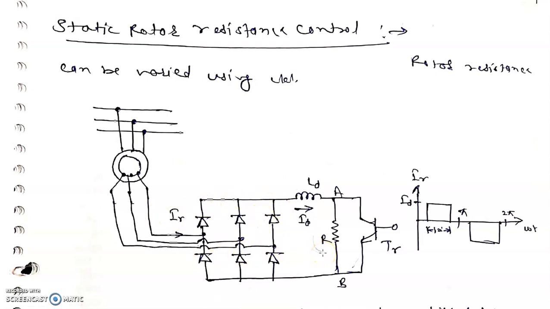This is a rectifier which converts the AC supply into DC supply, and this DC supply is applied across a resistance R, and there is a transistor TR. When TR is switched on, the effective resistance between A and B will be 0 because the current passes through the switch. If TR is off, the effective resistance is R. So by controlling the duty cycle or on-off time of TR, the effective resistance of R across the AB terminal is varied. This is the basics of this method.